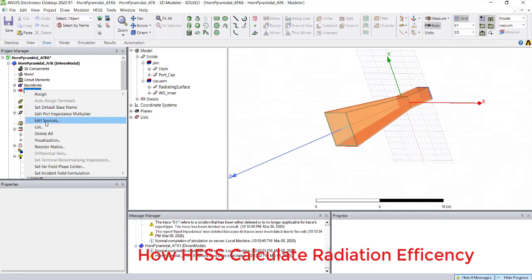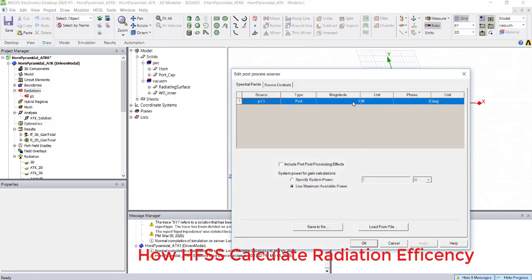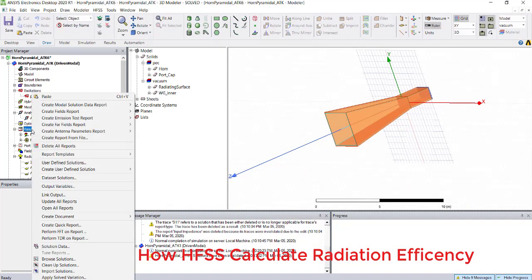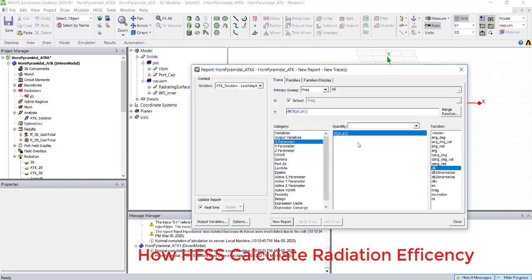So if you go to edit source, you can see the incident power is 1 watt. And how to calculate accepted power? Just go to rectangular plot. I can say go to magnitude, and 1 is my incident power minus magnitude of S11 squared.